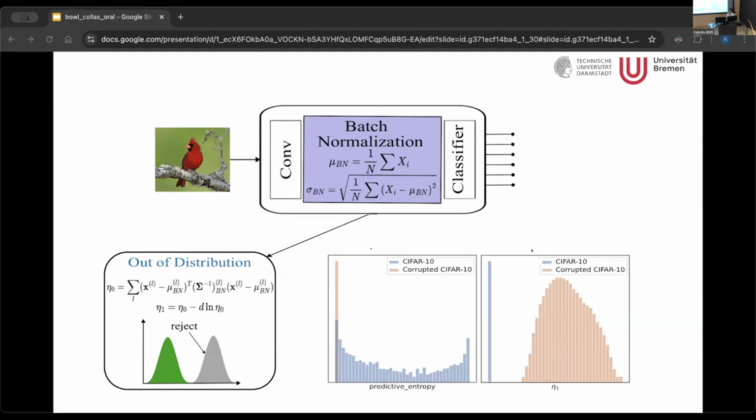So this batch normalization you only use for out of distribution detection? We use it, yes, and also subsequently. Did you compare without using